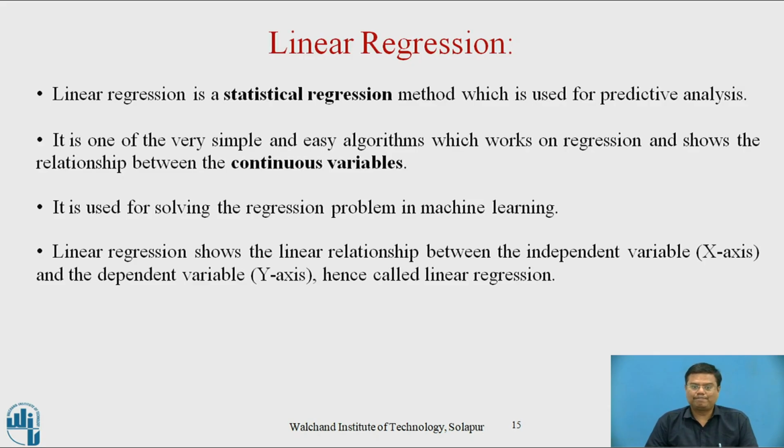We are going to see the first type of regression, that is linear regression. Linear regression is a statistical regression method which is used in predictive analysis. It is one of the very simple and easy algorithms which works on regression and shows the relationship between continuous variables. It is used for solving regression problems in machine learning. Linear regression shows the linear relationship between the independent variable on the x-axis and the dependent variable on the y-axis, hence called linear regression. So we are plotting the independent variable and the dependent variable for plotting that linear